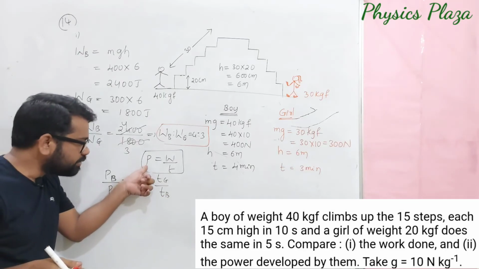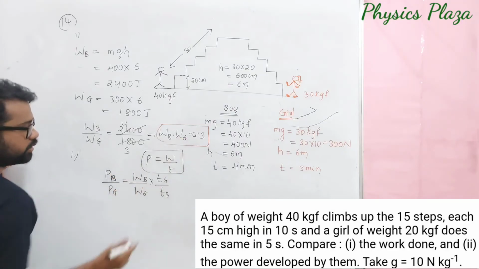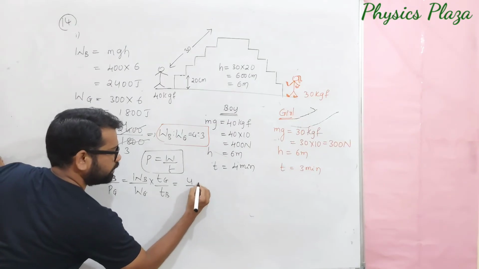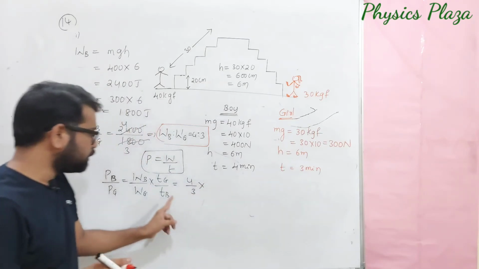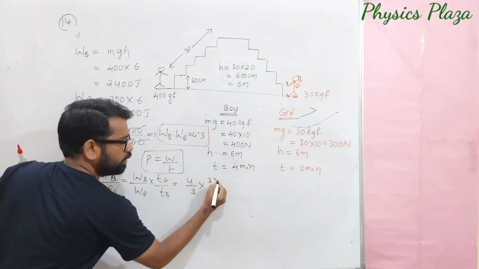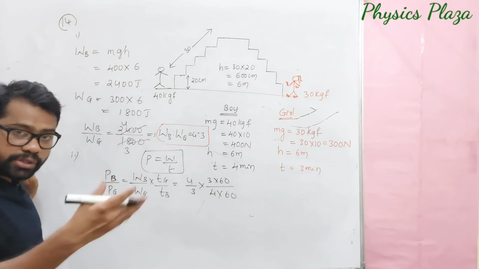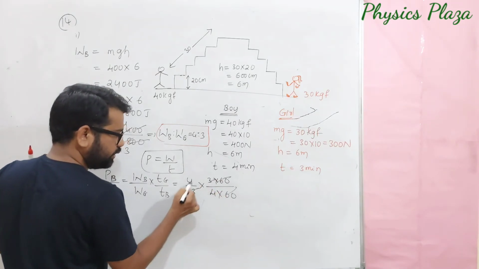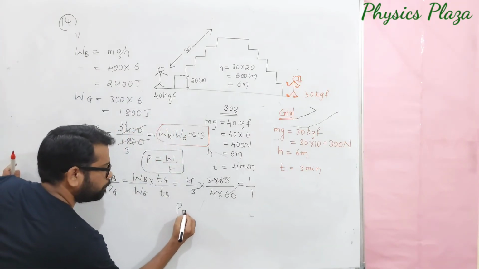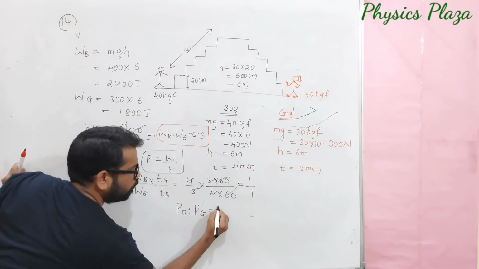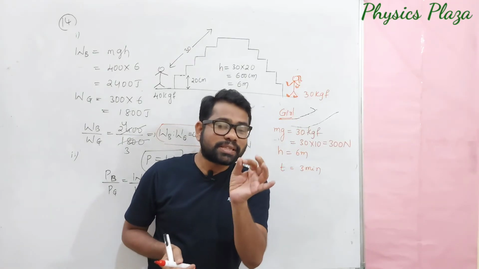Children, here power is inversely proportional to time taken. Work done by boy by work done by girl, we got 4:3 anyhow. Now, time taken by the girl is 3 minutes. You can even convert into 60 seconds also, no problem. It makes no difference. It will be 4 into 60 if you convert into seconds. So 60, 60 cancel, 3, 3 cancel, 4, 4 cancel. So it is 1 by 1. The power spent by boy and girl is 1:1. So both the boy and girl are spending the same power.